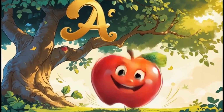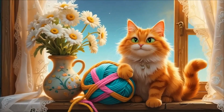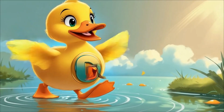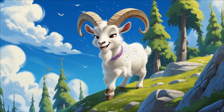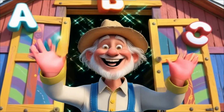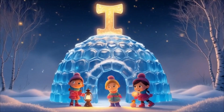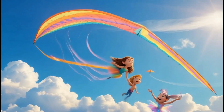A is for apple, B is for ball, C is for cat who says meow, D is for duck, quack quack now. With an E here and an F there, G for goat and H for hare. Old MacDonald's phonics fun teaches every pair. I is for igloo, J is for jumping jelly pie, K is for kite that